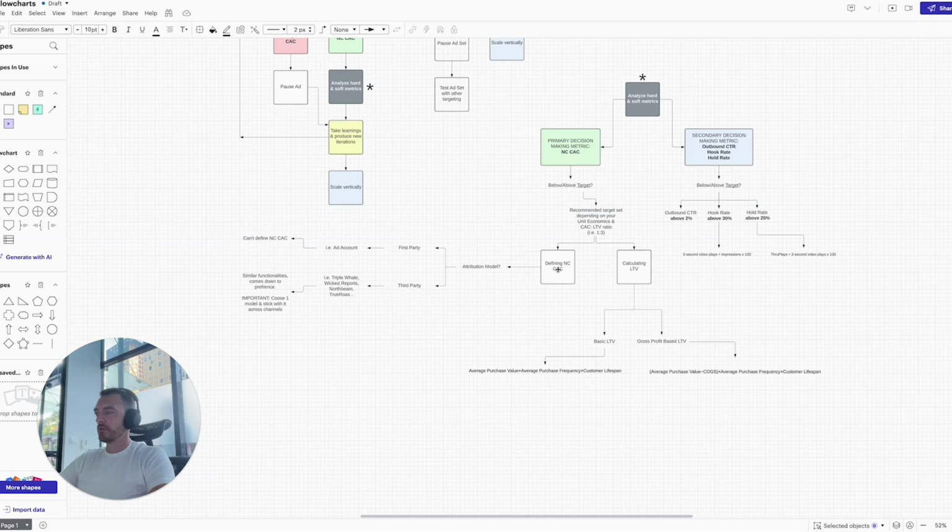So you have to get a third party tracking software. For example, Triple Whale, Wicked Reports, Northbeam, ThruRoAS. Honestly, I've tested out mostly the first two, so Triple Whale and Wicked Reports. I do not recommend Wicked Reports. It's a good tracking platform. It allows you to select the confidence level of view-through attribution,